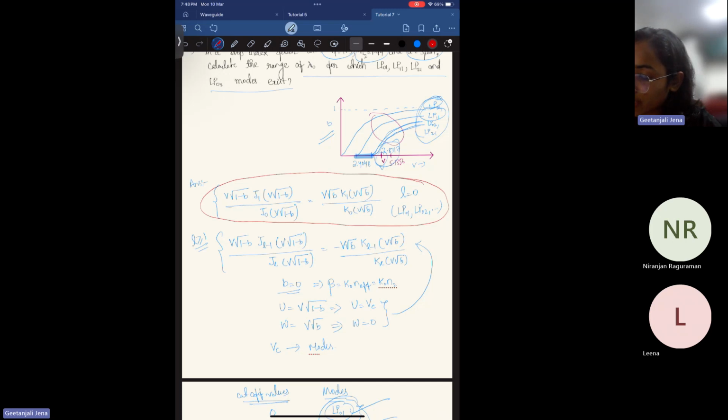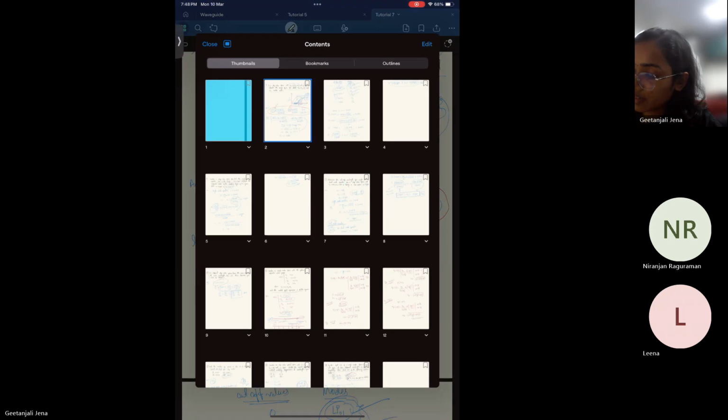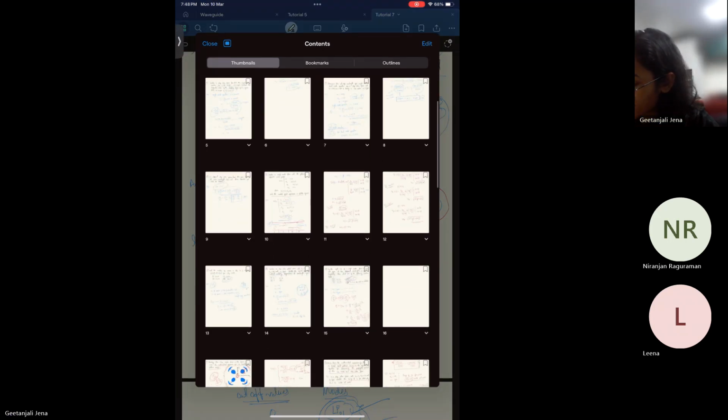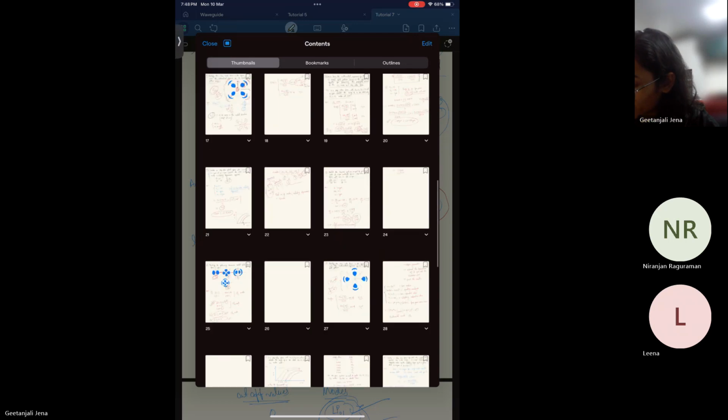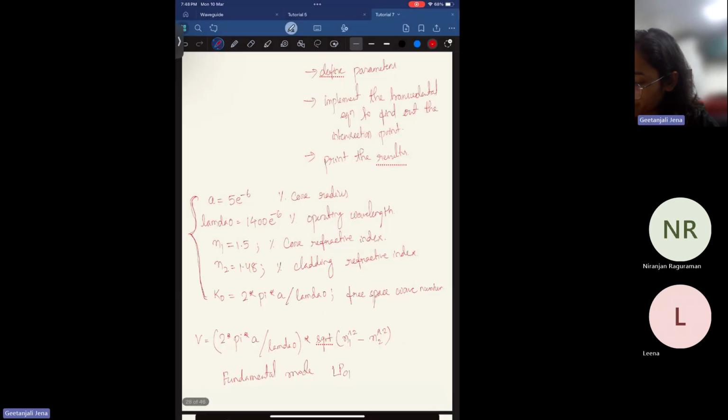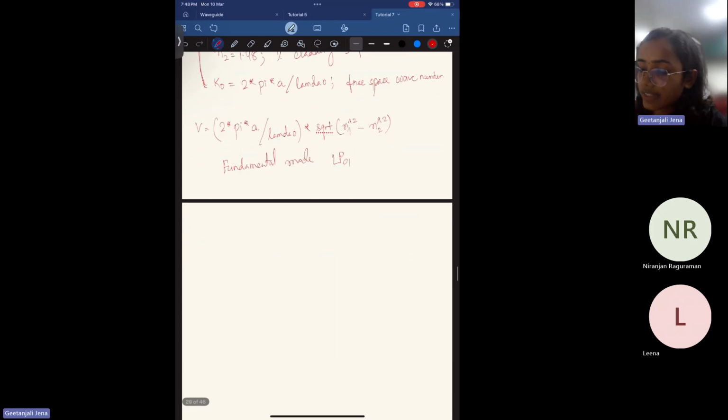From this, you can see that V root over 1 minus B is U, and V root B is W. So the transcendental equation for the fundamental mode is U J1(U) by J0(U)